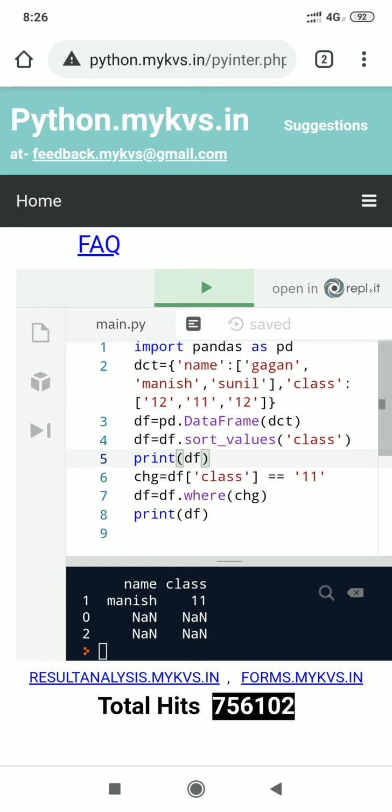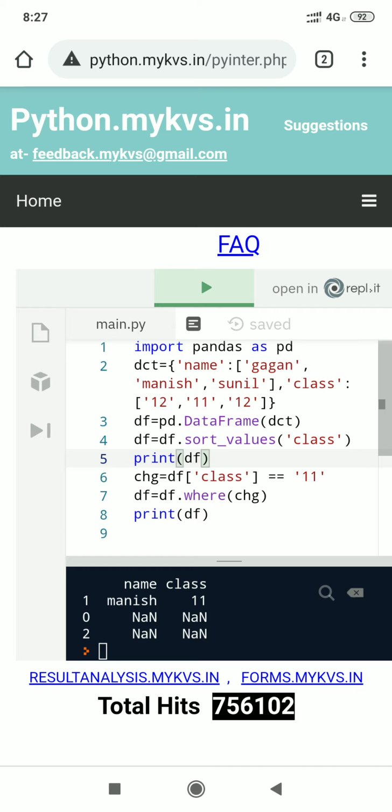It will arrange the data in ascending order because we are not specifying the second argument ascending. So data frame df will be changed to sorted data. If we display the data of df, it will display in arranged manner.